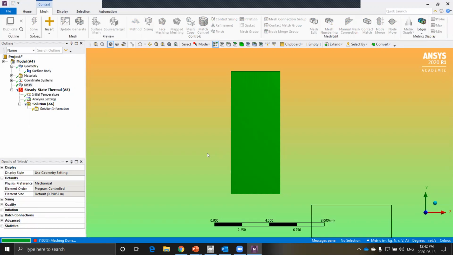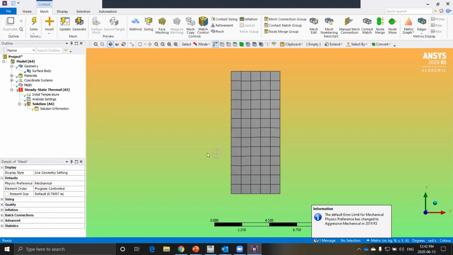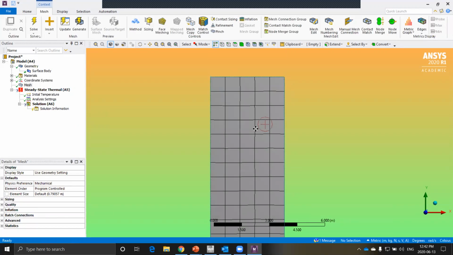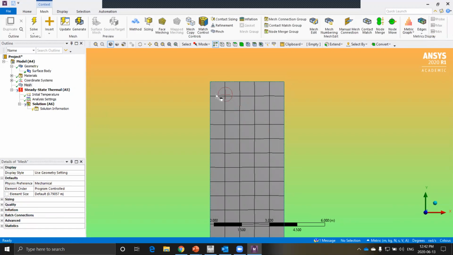So what exactly is a mesh? When we solve a structural problem, we use something called the finite element method. We divide the domain into smaller elements. The solver solves the equations in each of these smaller domains, and then we combine the results. It iterates through the process, so it keeps solving at these points.